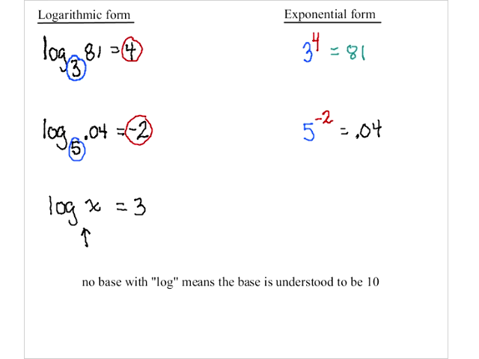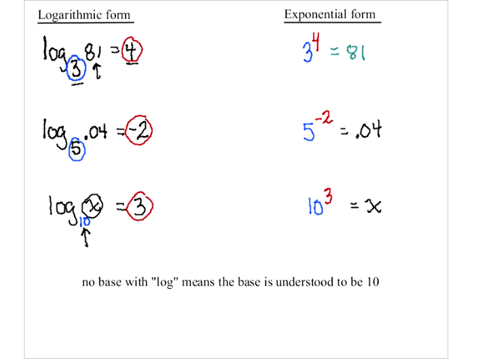Okay? So I'm going to go ahead and write it, and color code it. Since it's spelled out log, that's going to be base 10. Log base 10 of x equals 3. So that means that's the base of my exponent, 10. The exponent is going to be to the third power, and that equals the third value, this x here. So 10 to the third equals x. There's always 3 parts to